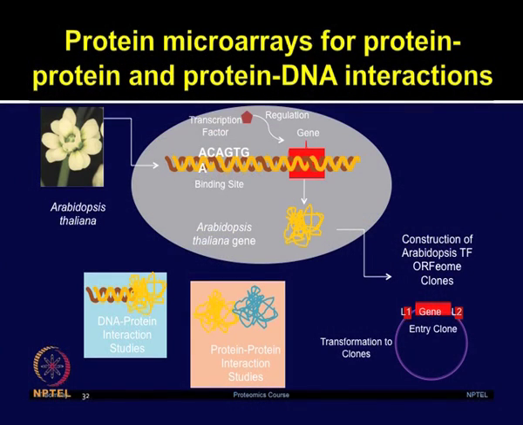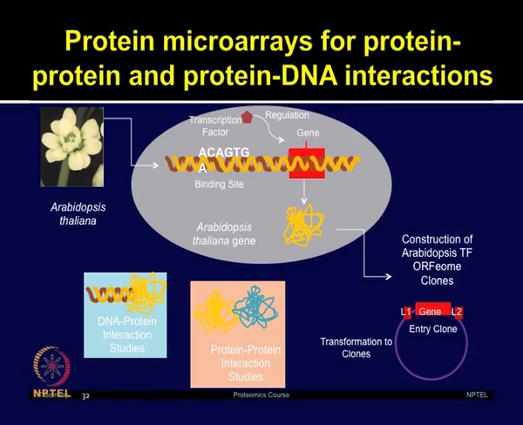This slide shows you an overview of the steps involved in generating the TF Arabidopsis protein microarrays. From Arabidopsis thaliana, they have generated the ORF repository of transcription factors, and these clones are transformed into various types of recombinant vectors, which were further used to purify the proteins. Once the proteins are purified, they were printed on the chip surface and used for different applications, including protein-protein interactions